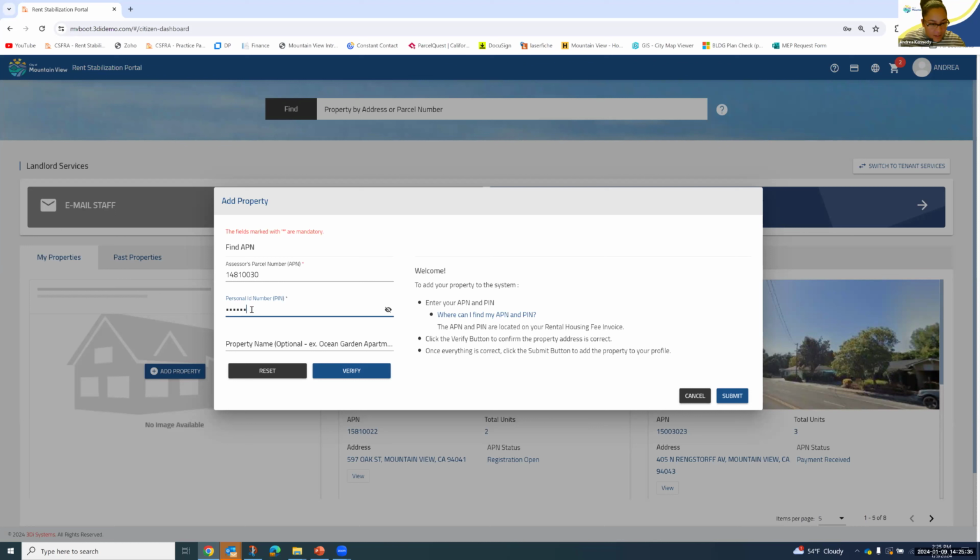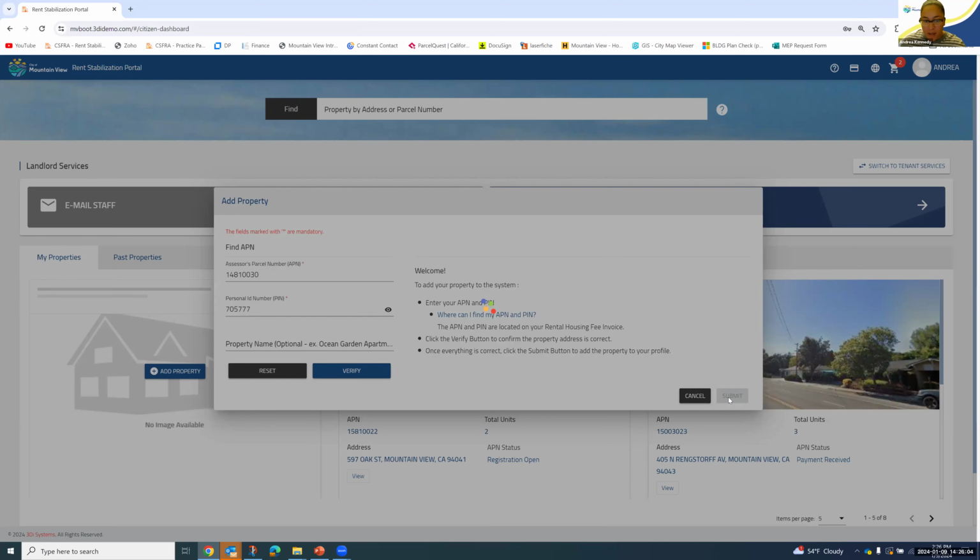Or if you're like the gentleman that asked the question in the beginning, he did this, and when he clicked submit, it gave him a notice that it's already been claimed, because only one account can claim a property at a time. So we have to see if maybe an old employee or something has claimed it. That's really common if you have property managers and they move on from your company. We have to switch it on the staff side.